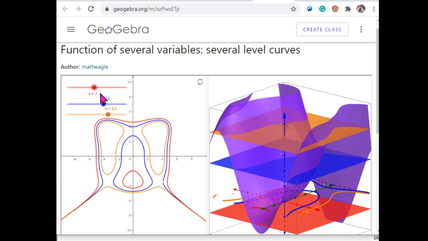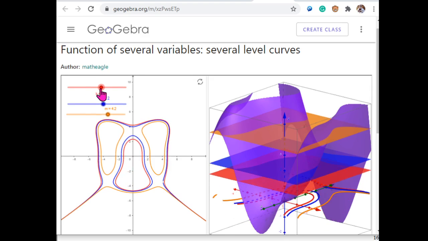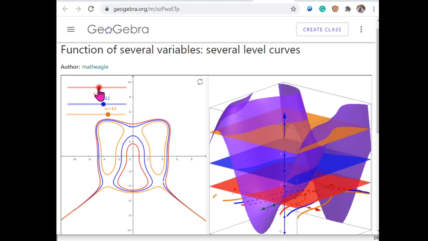What I've done now is I basically took existing code that I had and I just made copies of sliders, and I just had to change the label. So here's a level set shown in red for a specific, so fix an output value, and then there's a depiction in red of all the inputs that achieve that output. It's really just a picture in red here in this two-dimensional space of where this plane intersects this purple graph,